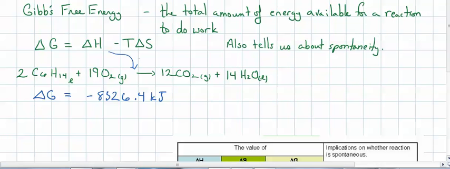Okay, and then let's say this is at standard temperature, which is 25 degrees or 298.15 Kelvin. So minus temperature, which is 298.15, times a negative